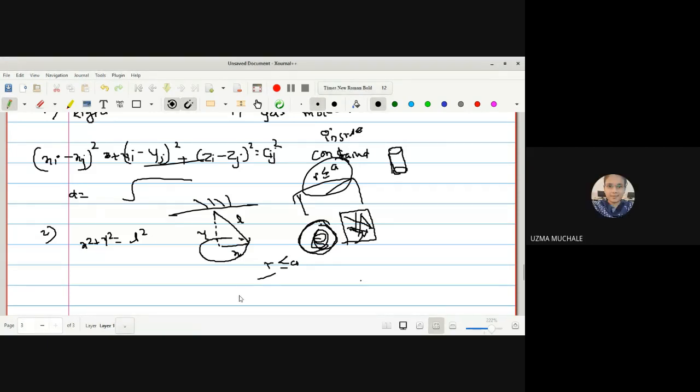Okay, let us go for the next point. The next example is the constraint involved in the motion of a particle on the surface of a sphere. Suppose a particle is moving on the surface of a sphere, then what inequality holds? The inequality holds as long as the particle is in contact with the sphere, and the inequality holds if it leaves the sphere. So this restriction on the motion of a particle on the surface of a sphere also comes under the category of a non-holonomic constraint.